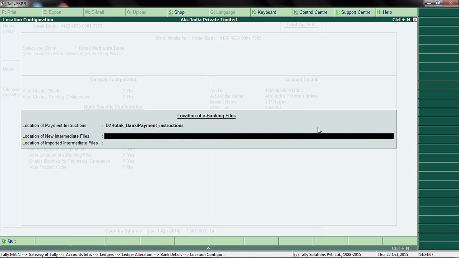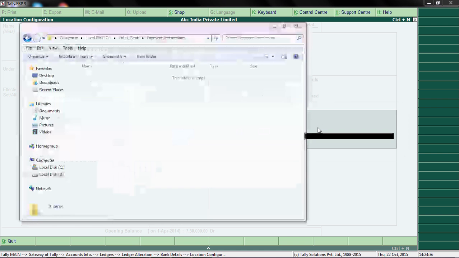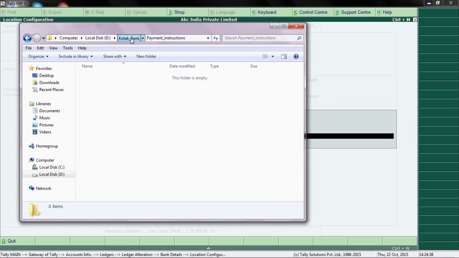And the next one is the location of new intermediate files. Intermediate file is nothing but the reverse file. Once the payment instructions are generated, you upload them in the bank portal and the bank will process them. At the end of the day, the bank will provide a reverse file that can be imported into Tally to complete reconciliation. For this also you need to specify the path where that reverse file is available in the system. So here the reverse file is